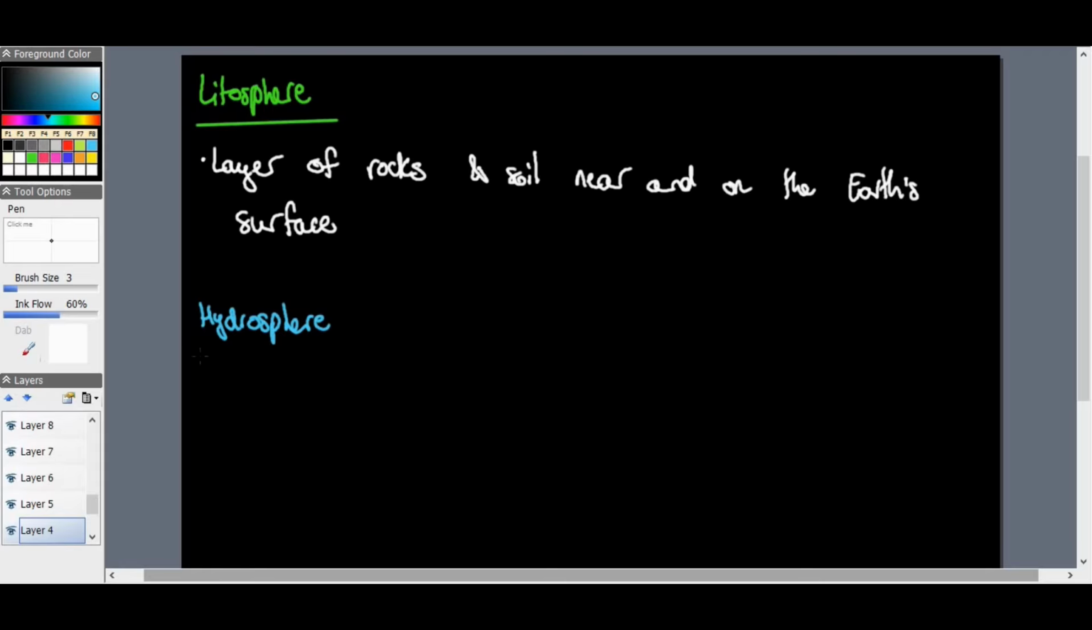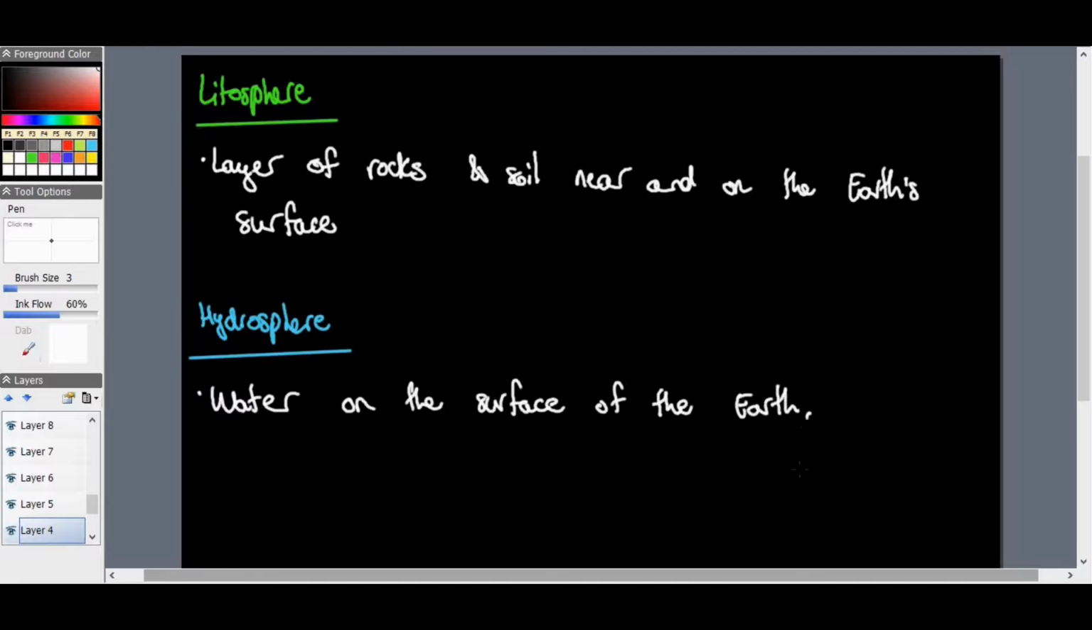Okay, then we've got the hydrosphere. Now the hydrosphere, this is water on the surface of the Earth. That's why I said hydro, for water on the surface of the Earth. So this is rivers, oceans, etc. So it's all the water,